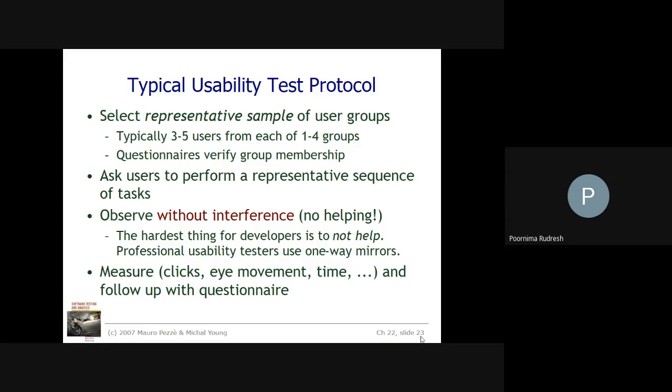Next, typical usability test protocol. Here we are selecting the representative sample of user groups. How are we selecting the user group? Typically, 3 to 5 users from each of one to four groups. So, if we have four groups, from each group we are selecting